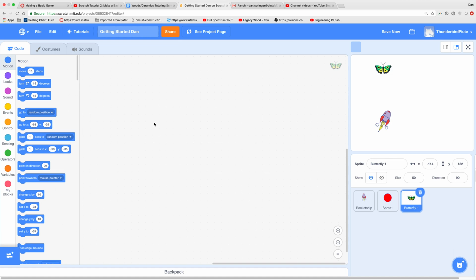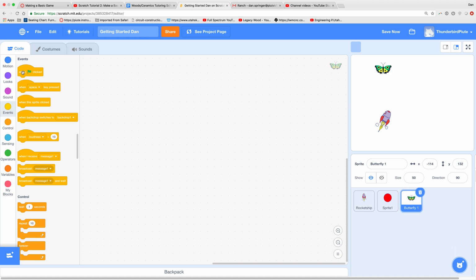So what do we want the butterfly to do? We want it to start somewhere on the top row. We want it to glide down to the bottom row. Now we learned how to do the glide option in the very first challenge, and now we are going to use it with our butterfly. So just like normal, there's going to be an event that this will happen when the green flag is clicked, and